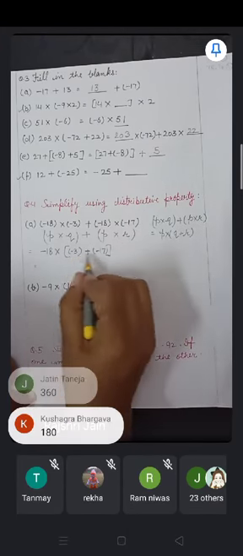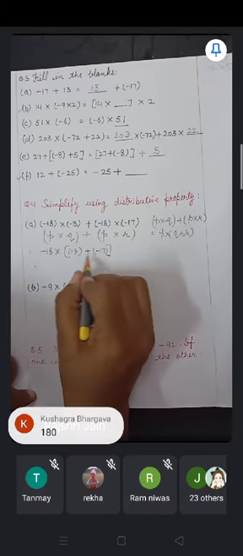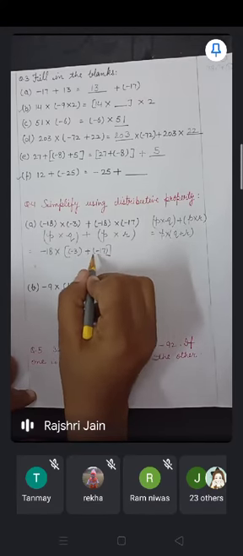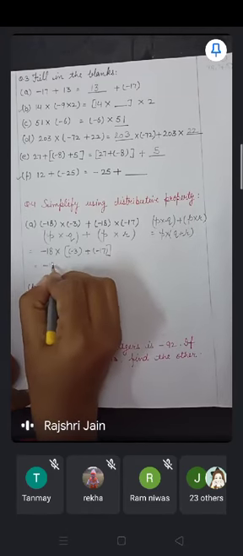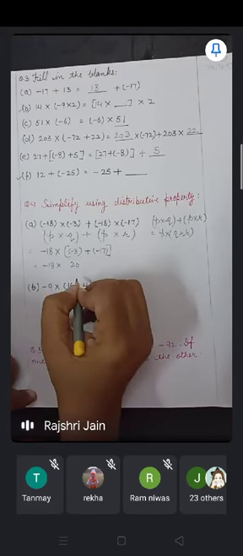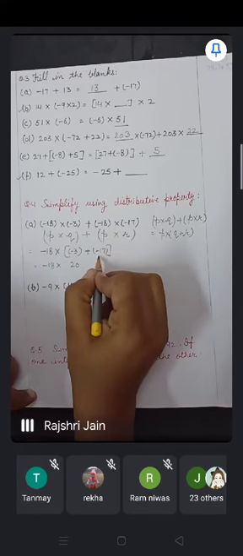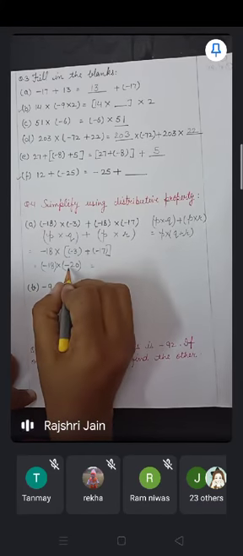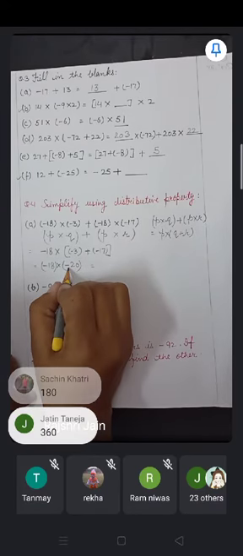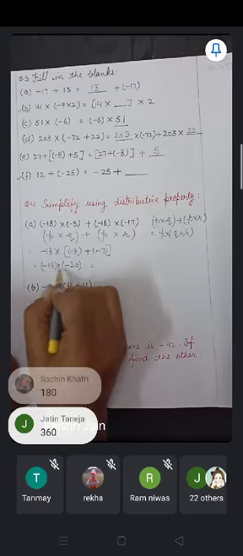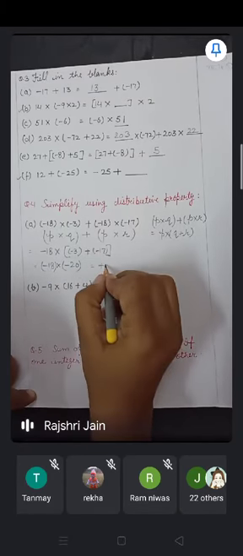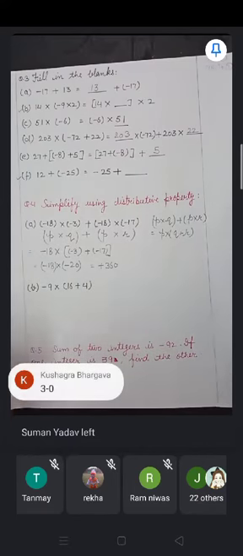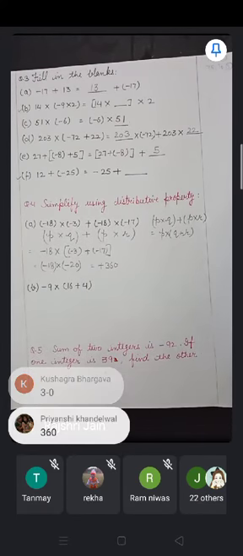So first of all you have to solve this bracket. Now you can see both are having the same sign, 3 and 17 both have the same sign, so they will get added. If we add them it will be 20, but the number which is bigger has a negative sign, so it will be -20. You can put a sign bracket over there. So again you can see the multiplication sign and both have the same signs, so the answer will be positive, and 18 2s are 36, 0 will come as it is. So plus 360 will be the answer for that. Okay, I hope आप सभी को ये इजी क्वेश्चन अच्छे से समझ में आ रहा होगा.